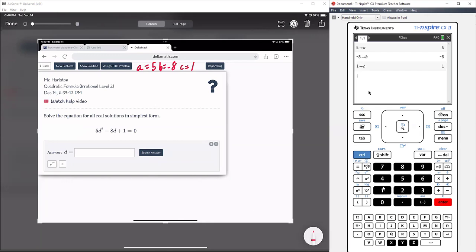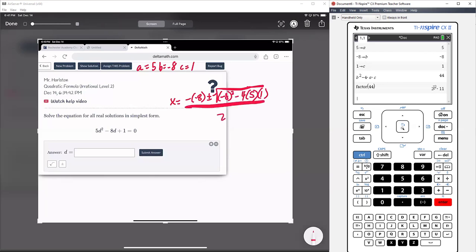That is done. Now I need the B squared minus 4AC part. So I'm going to go B squared minus 4 times A times C, and it's 44. So I'm going to do the LeBron method, menu 23, and let me see what this would be factored. So if I am doing this, this is going to be x equals negative 8 plus or minus the square root of, let's see, this is -8 squared minus 4 times 5 times 1,